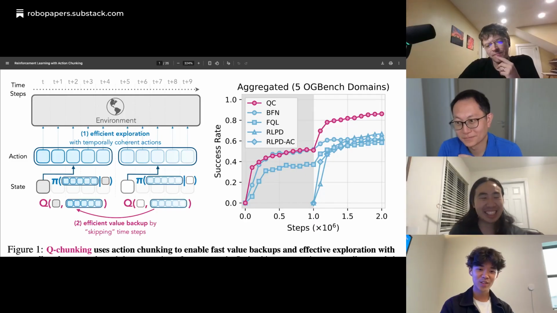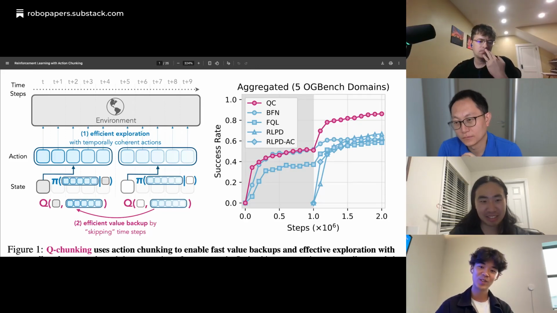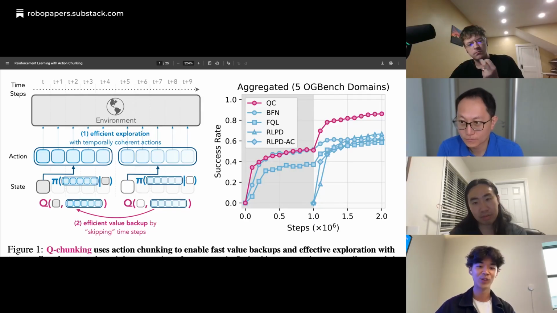Yeah, so I think this is a very exciting thing to try, and it's actually a very, very easy thing to try, because essentially you're not really changing much of your algorithm. You need to do everything in action chunk space. You need to have a behavior regularization. If you're doing robotics, you're probably already using an expressive diffusion policy. So it really just requires changing a few lines of code.